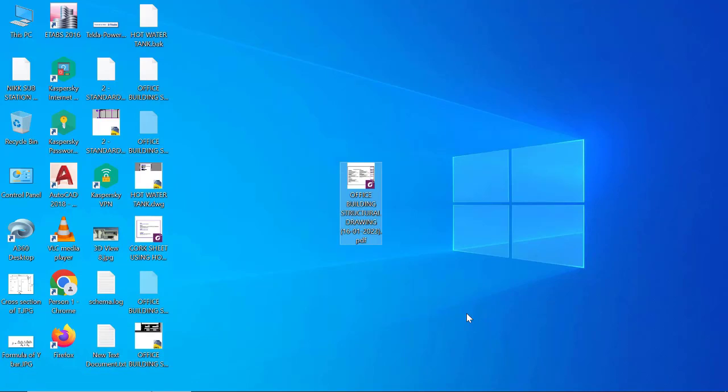It's done. We can see a merged PDF file is available here.